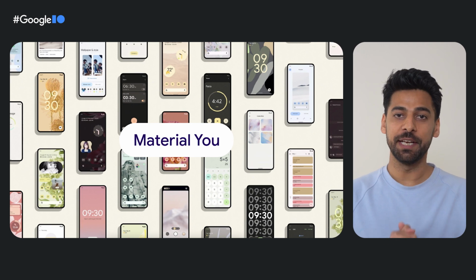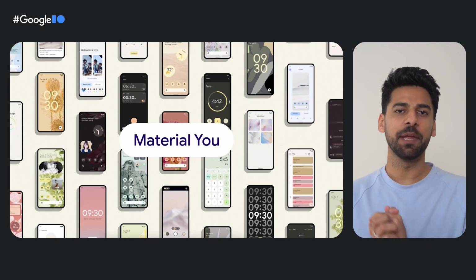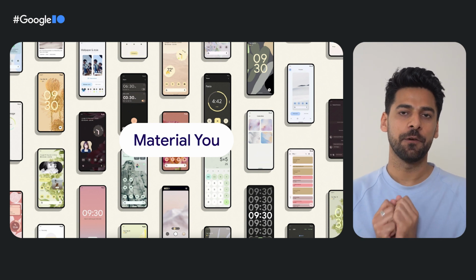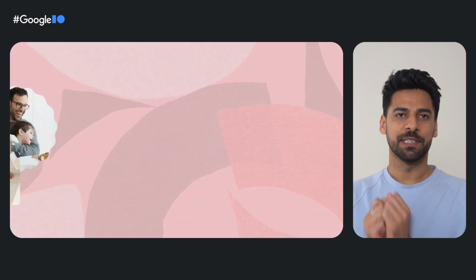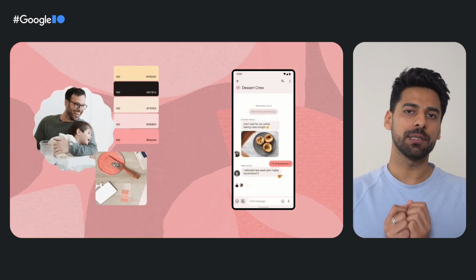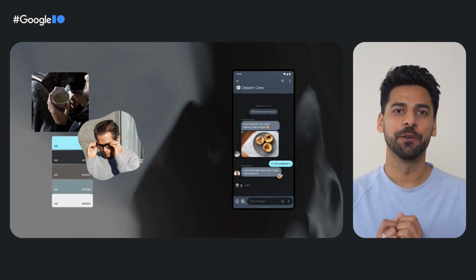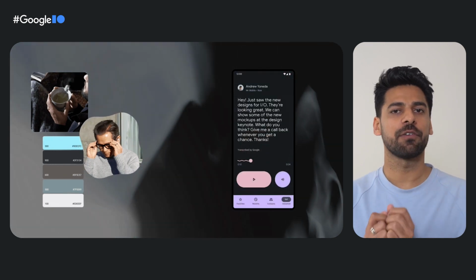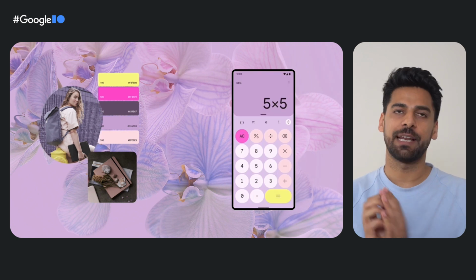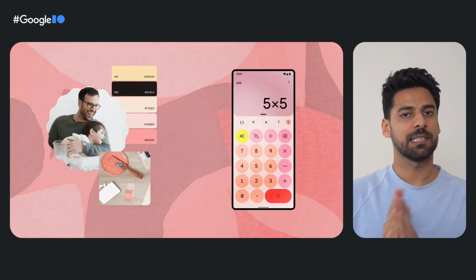Material U is the latest evolution of material design, a radical way of designing that enables you to provide a personalized and accessible user experience for your apps. Material Design 3, also known as Material 3 or M3, embodies the design guidance of Material U. It empowers you to create expressive, spirited, and personal apps through its use of dynamic theming, flexible and accessible components,